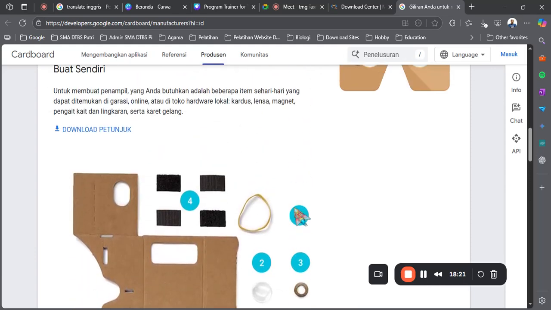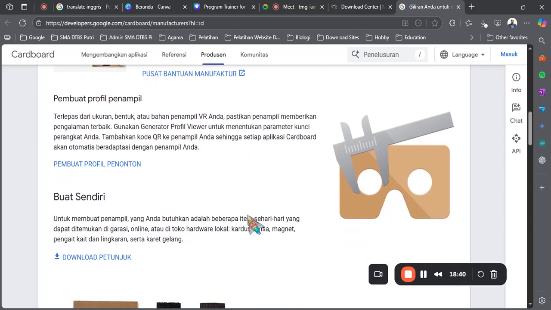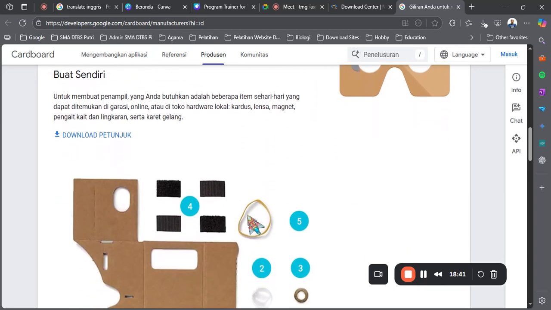This is the VR Google Cardboard. When Google launched VR video, they showed how we can display VR with this cardboard. It's very easy to use, and very easy to make.